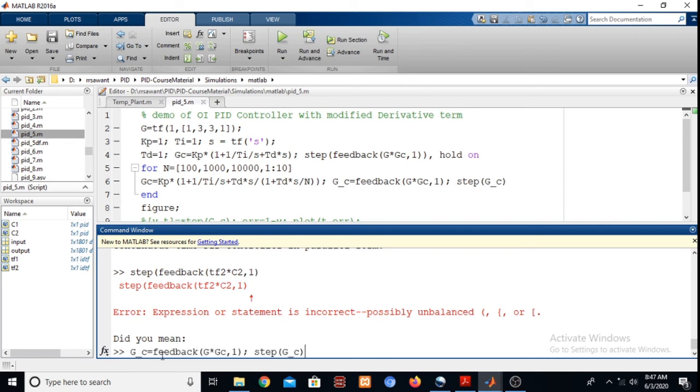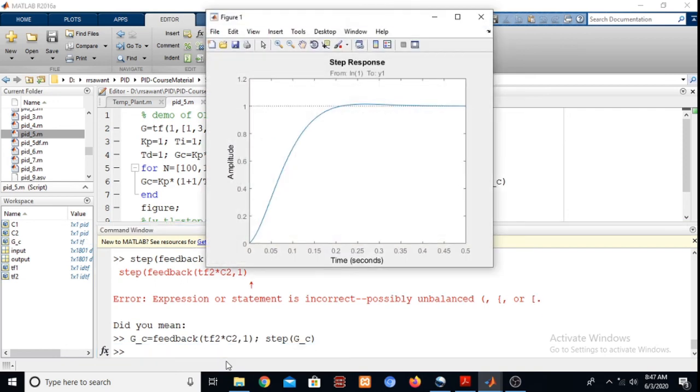So we'll say our closed loop transfer function is G underscore C. Okay, we are operating on feedback G into, now instead of GC we write it as C2. Instead of G we can write it as TF2. Okay, so we get the desired step response of the closed loop transfer function with the selected PID controller. Okay, and this is quite satisfactory.